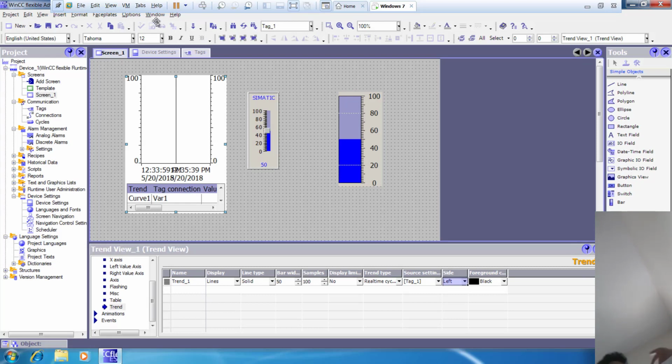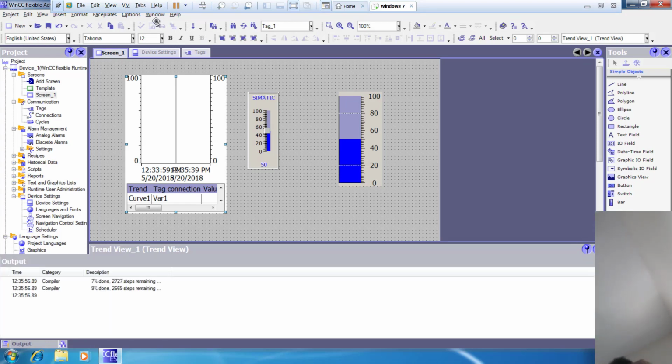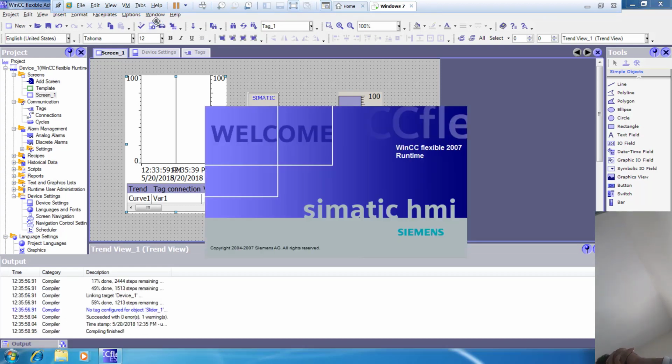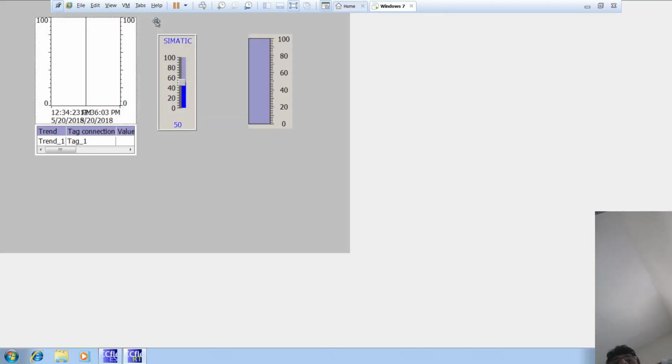Once we have a running screen of that program, then you might see the things going on. Very, very nice. So our screen is open already. Now is the time to give a value. Let's see, whatever value I will give here, you can see here the value is changing on the trend itself, but the value is not changing on the gauge. You might notice what is an issue. We have to troubleshoot,